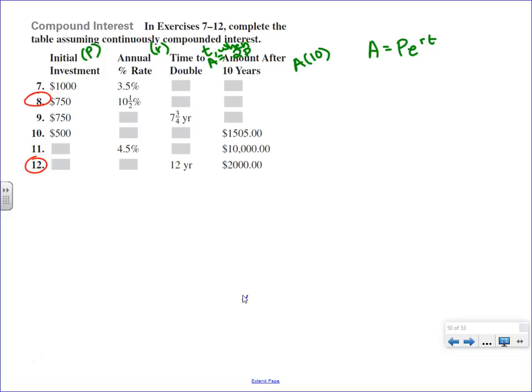What can we plug in? We can plug in P. So we can plug in right here, 750. What else? The rate. Do I put 10.5? No, we put 0.105. That's a percent, right? So I have to make it into a decimal. Since it's double, we can just take 750 by the